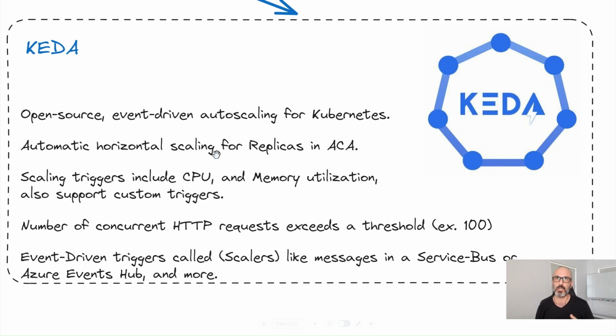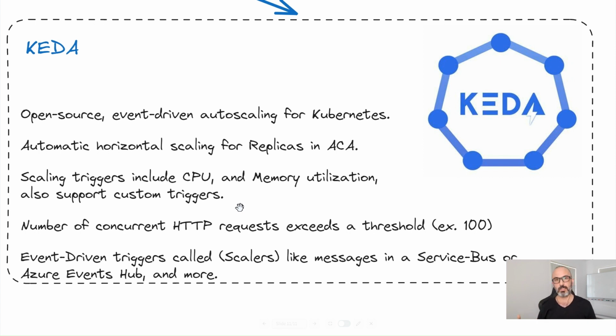It adds extra scalers, or what we call triggers, beside the CPU utilization and memory. So normally when you exceed a threshold of how much CPU or memory you are utilizing, that would trigger the creation of a second replica or more replicas, depending on how much demand you've got. What KEDA could actually provide us with is, for example, a rule that would be triggered based on the